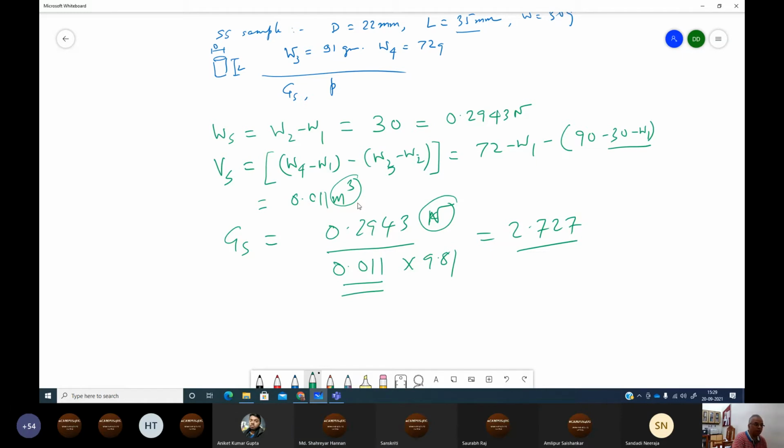See, that is, you have always done it in centimeter cube, and this is 1 gram per centimeter cube, the density you have considered. Okay, so that's why you never multiply, because it is 1.